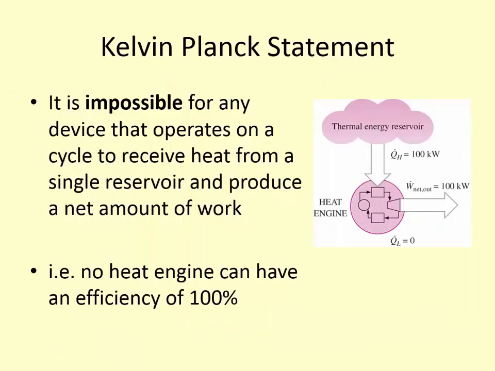Okay, so Kelvin Planck statement, we talked about this last time, how it's impossible to convert 100% of heat back into a work output. So we looked at two examples. One would be, okay, if we remove the condenser and then we just continue the cycle through the pump. We found out that doesn't work because you can't pump steam and it's going to destroy all your devices. We also talked about how you can't just take Q sub L and add it to Q sub H, because that's reversing the flow of heat transfer